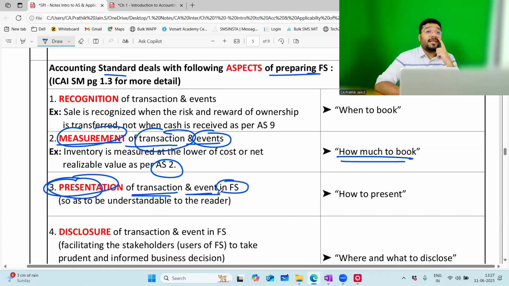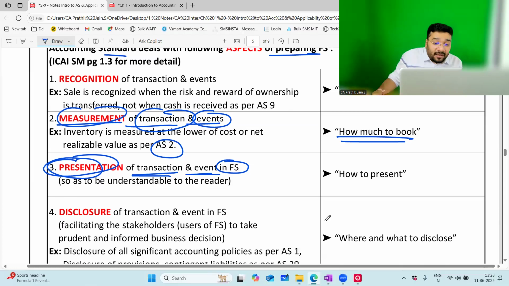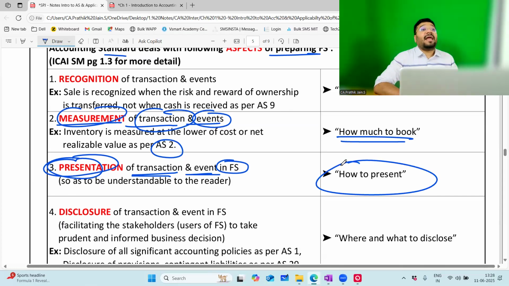I said the balance sheet that you prepare for a sole proprietorship concern or partnership concern, in that the balance sheet says left hand side is liability, right hand side is asset. Who gave that presentation format? Accounting standard. Accounting standard is coming from accounting conventions only, the best practices that we followed in the past. So that is what is imbibed in accounting standard. How to present the financial data in the financial statement is dealt with in the accounting standard. Presentation means how to present the information.